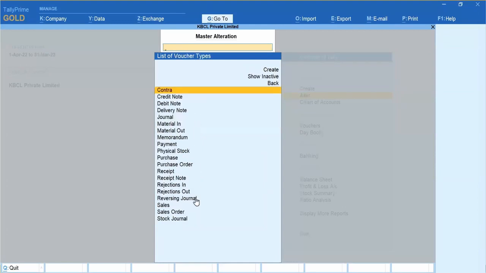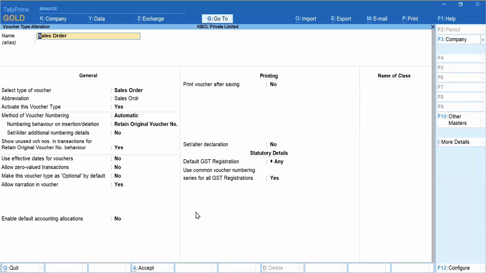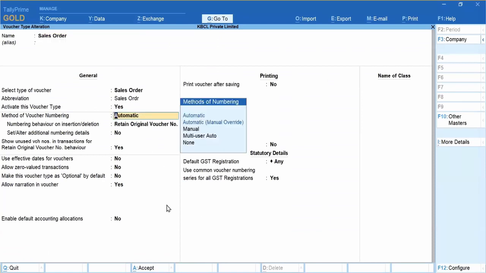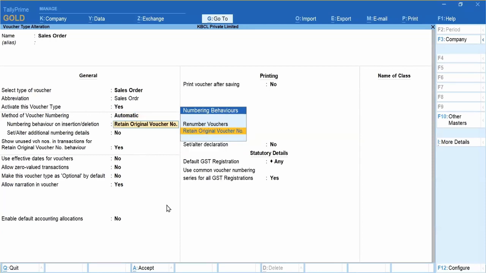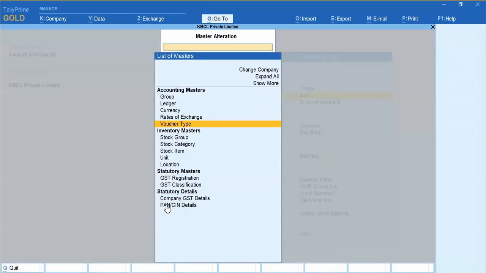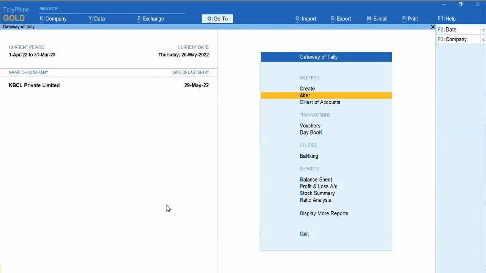I'll take an example of a voucher, suppose sales order. Method of voucher numbering would be automatic and retain original voucher number. This feature has been added in Tally 3.0. This feature was not there in the previous version. So after activating that feature in any voucher,